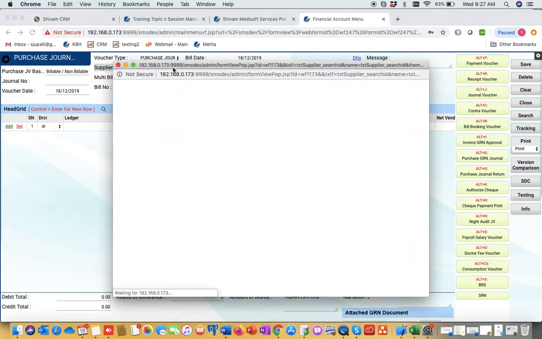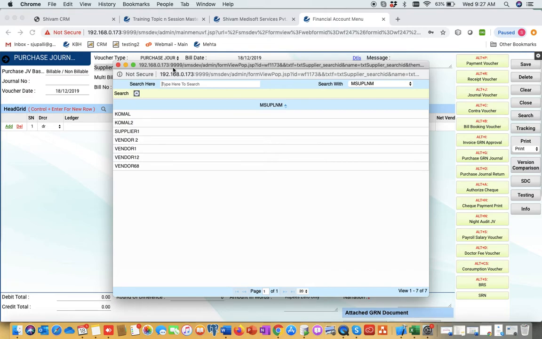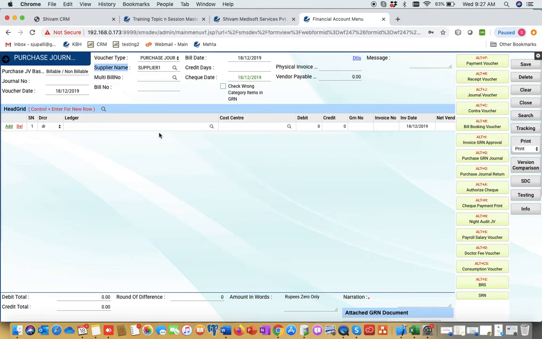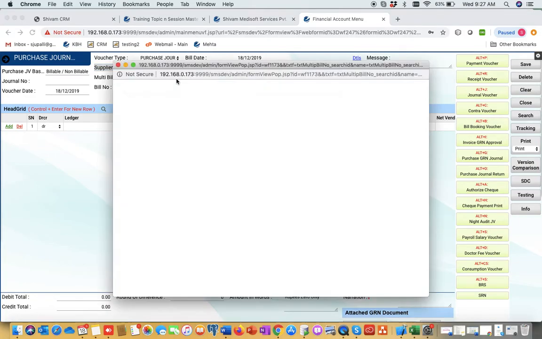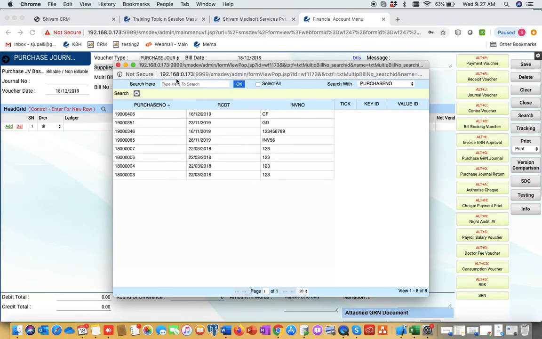In this supplier name search, only those suppliers will come which belong to this location, and the vendor having pending bills which have to be posted in accounts, means pending bills for posting. Only those vendors will come. We just approved supplier one bills, so we'll select supplier one. Thereafter, in multi-bill number, all the bill numbers will come which are approved but not posted yet.